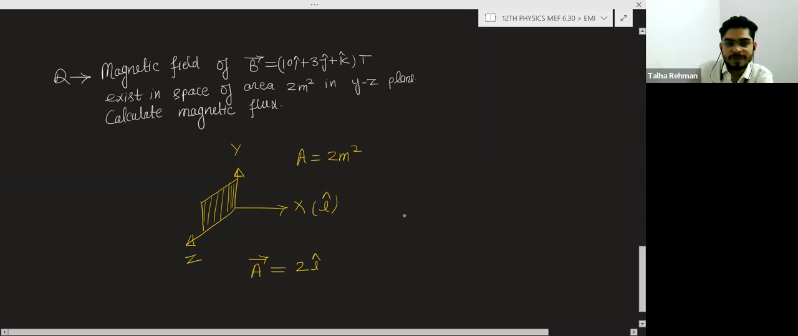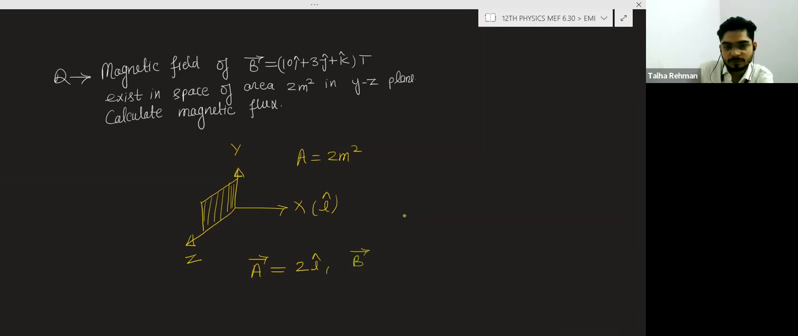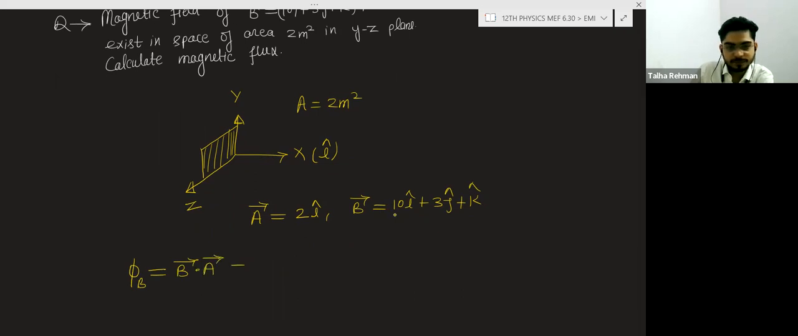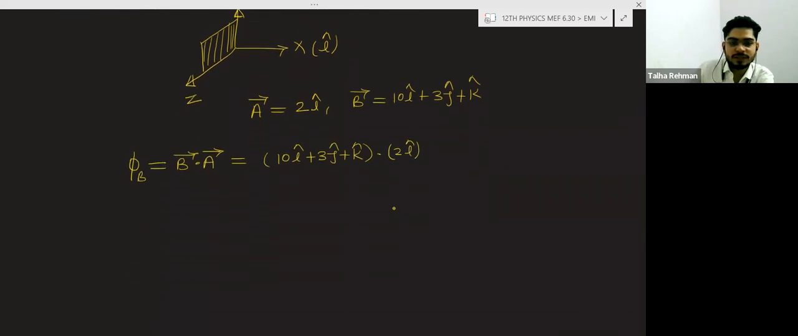And the magnetic field vector is given as 10 i cap plus 3 j cap plus k cap. For calculating the magnetic flux, you will apply B dot A, because the area is a plane here. So this will be (10 i cap plus 3 j cap plus k cap) dot 2 i cap. So your answer will be 10 into 2 only, equal to